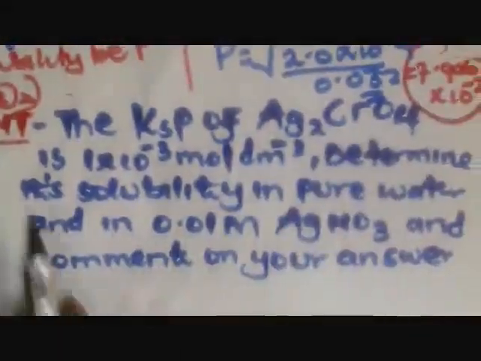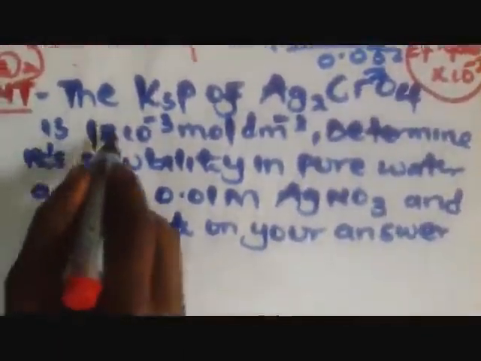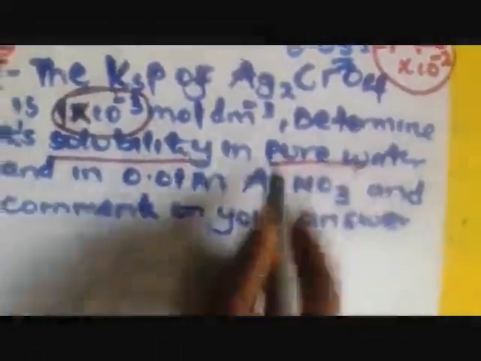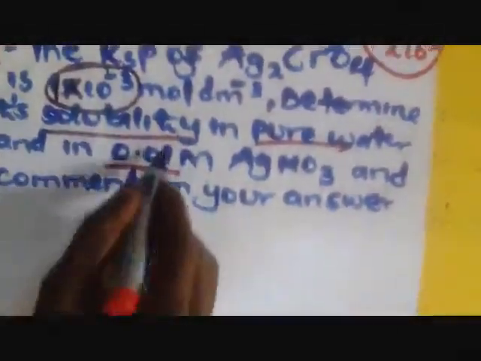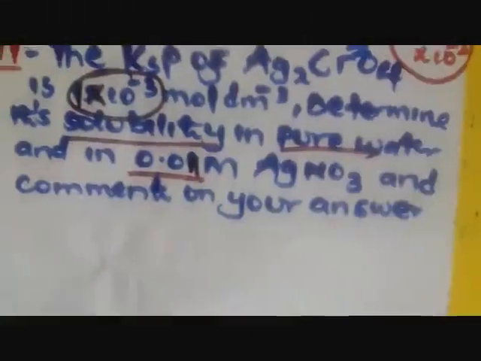So your task is going to be here, which you are going to try. Silver chromate has a Ksp of 1 times 10 to the power negative 3 moles per decimeter cubed. Then determine the solubility in pure water of the silver chromate. Then in 0.01 molar silver nitrate. Then afterward